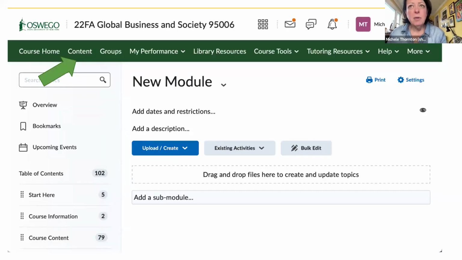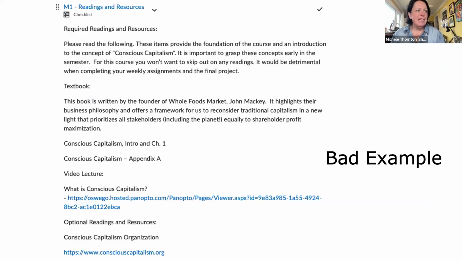So the class that I'm going to be showcasing for you is called Global Business and Society. And this is a screenshot going directly into the module. We're going to be working through the content sections, where we've got the arrow pointing in the top left corner. In this particular case, what I am going to be showing you is a description of one of the modules that I created. And so if we add a description, here's what I would call my bad example of